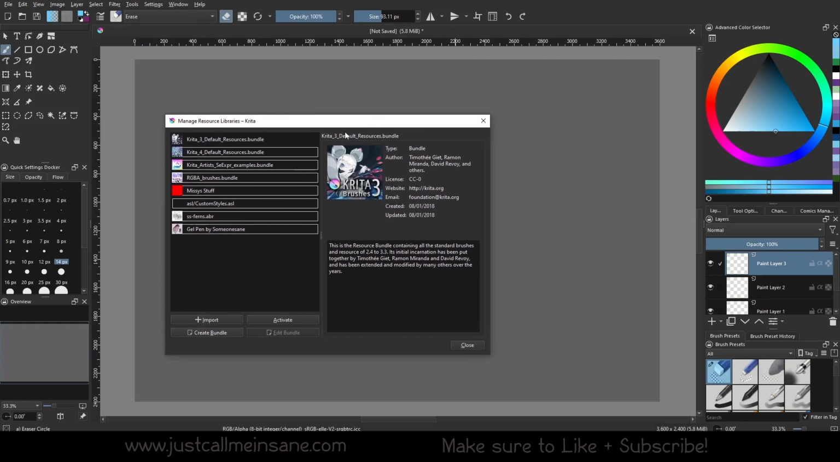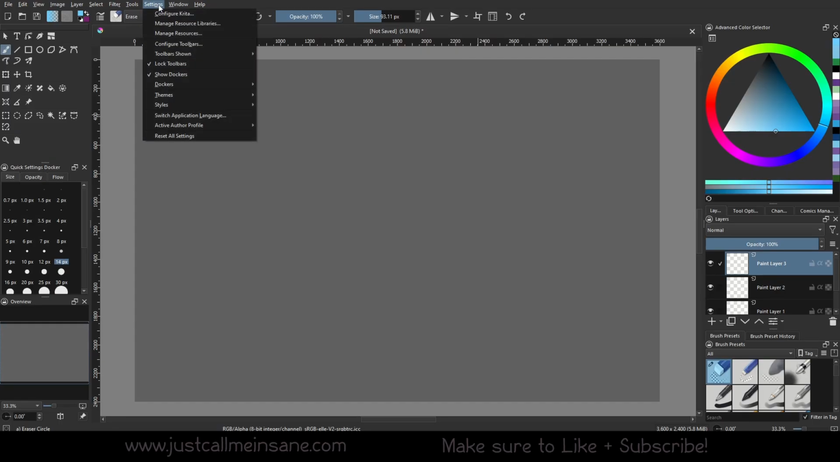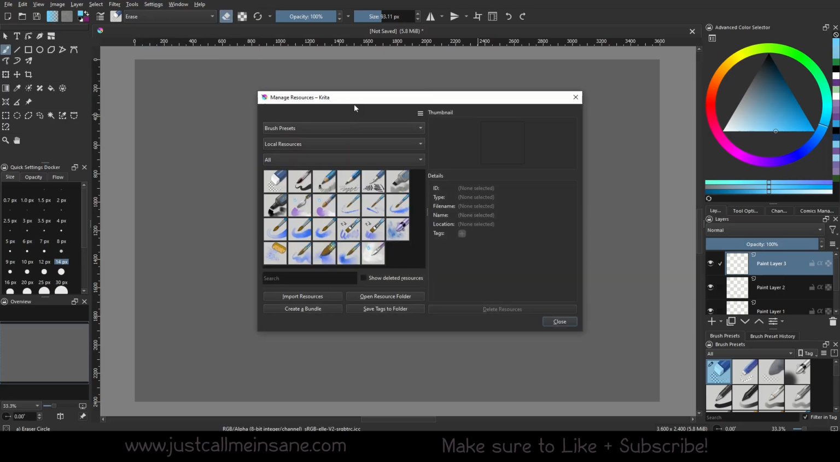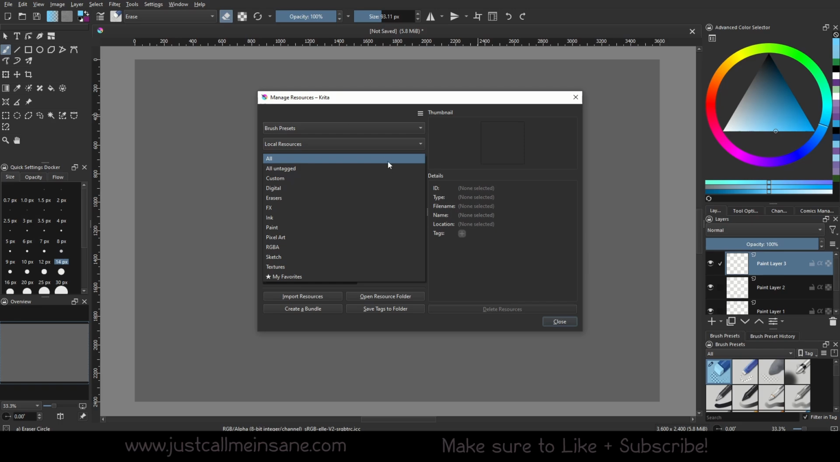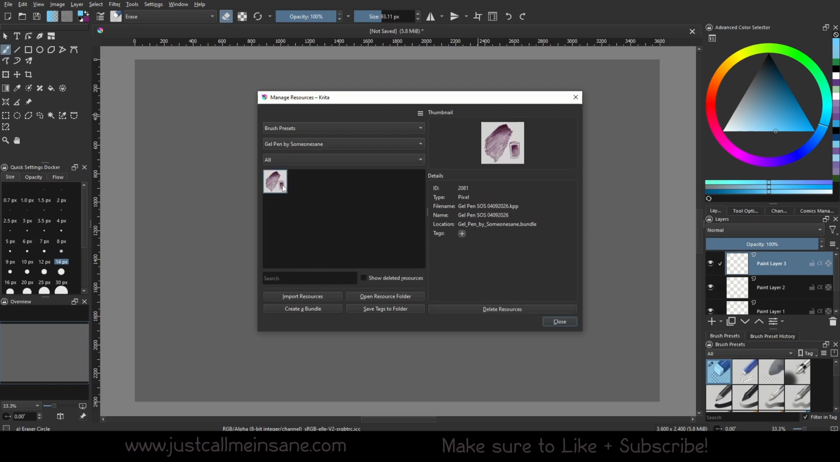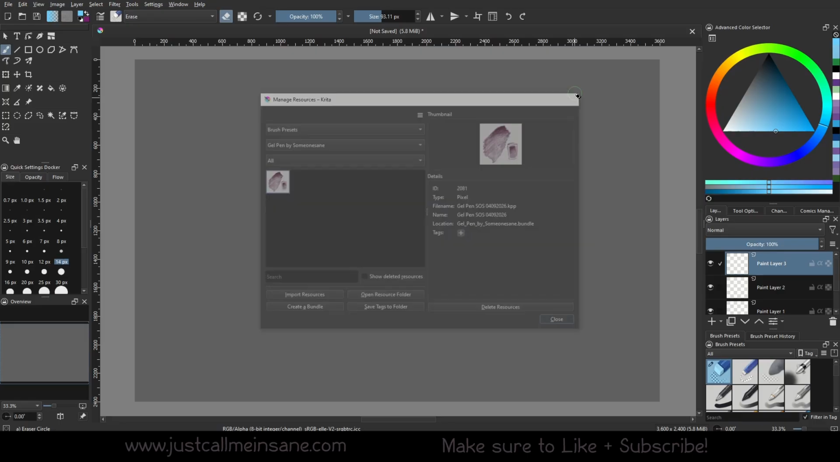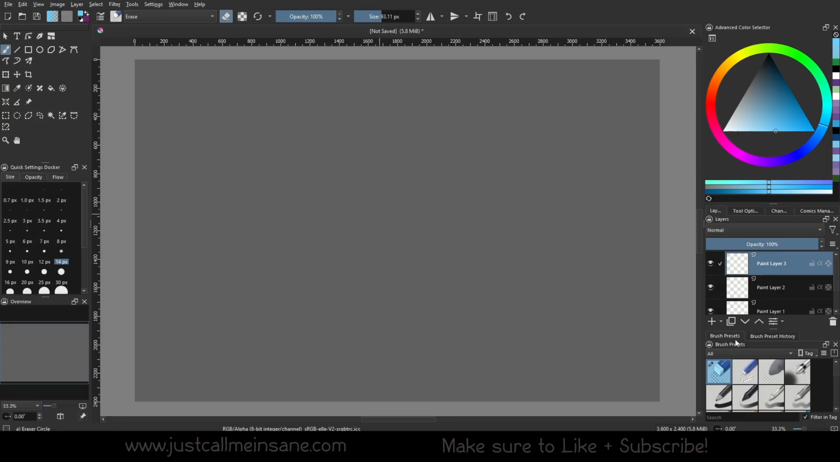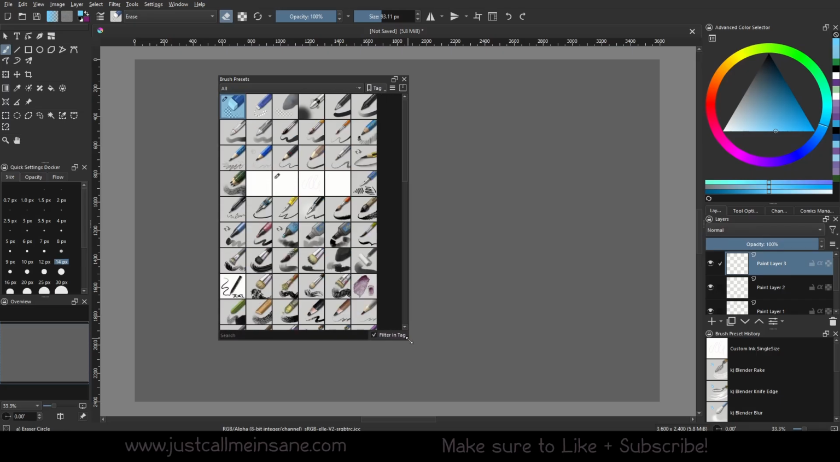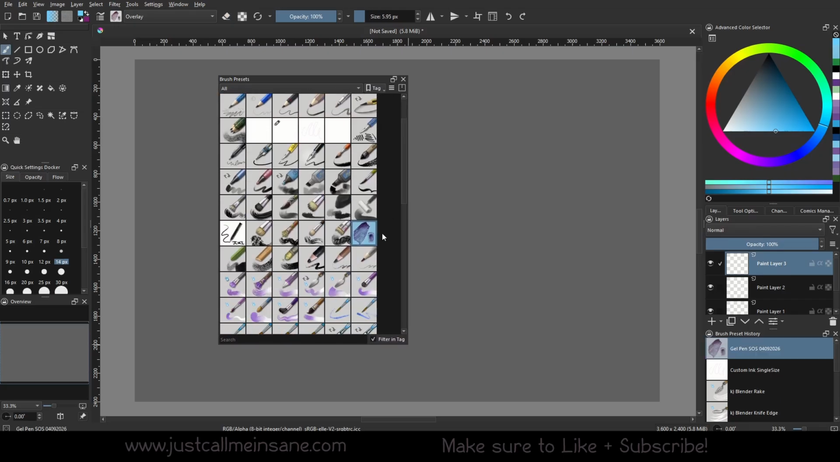All right, so now that we have that imported, we're going to close this. We're going to go to manage resources. I'm going to go under brush presets because this is a brush that we were given. We're going to go to local, click on gel pen, and we can see what the icon brush looks like. I'm going to close this. I'm going to bring my brush presets out, and I'm going to find it. And it's right here. So I can actually assign this to a tag if I want. I can just say